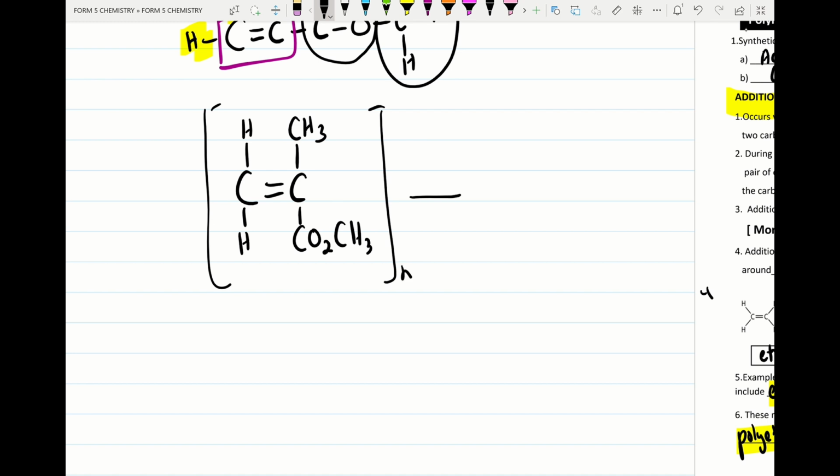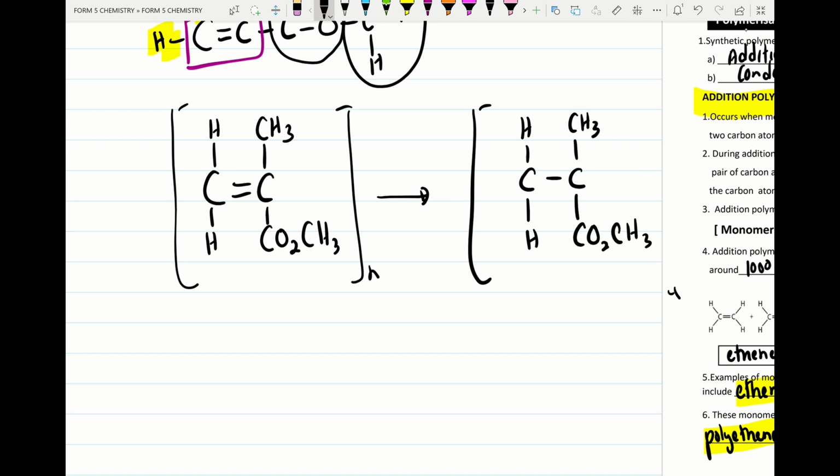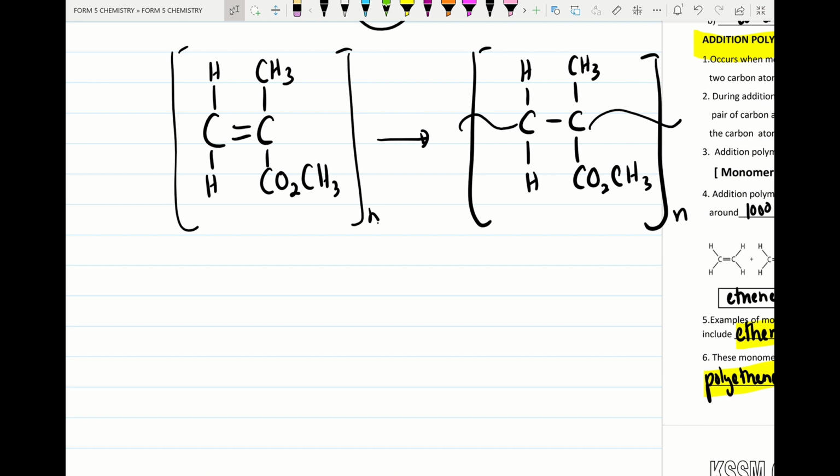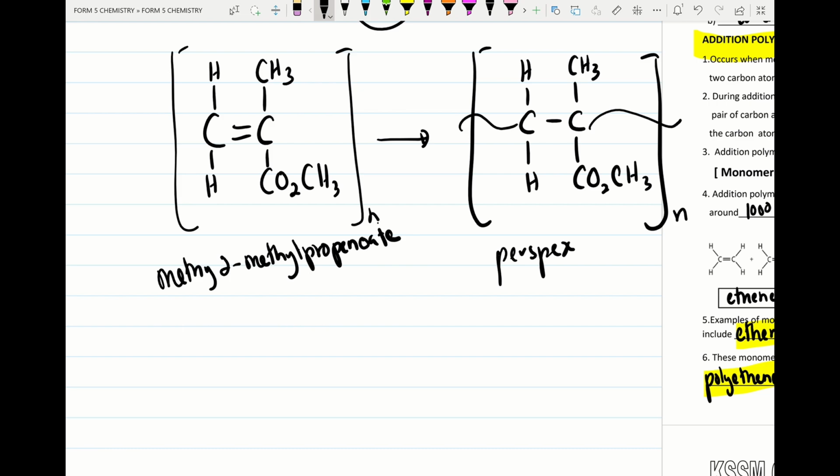So I put n here. The monomer will undergo addition polymerization, so the double covalent bond will break and become single bond. So we draw the structural formula CO2CH3. We open bracket and close bracket, put the symbol of n here. We try to draw the structural formula like this. This is known as the Perspex polymer. The name of the monomer is known as methyl 2-methylpropanoate. So this is the equation that students should draw for the addition polymerization of Perspex,